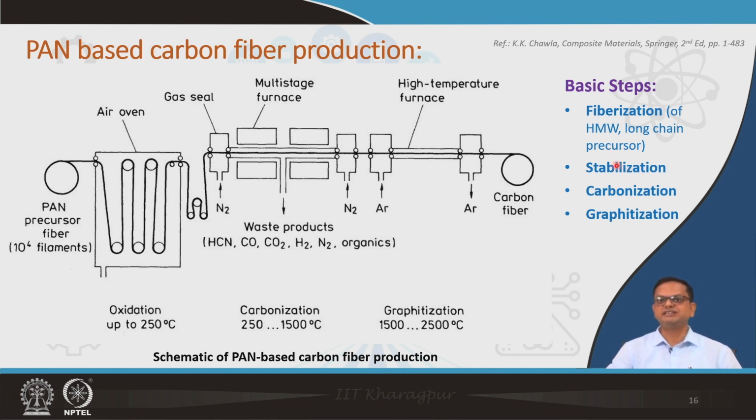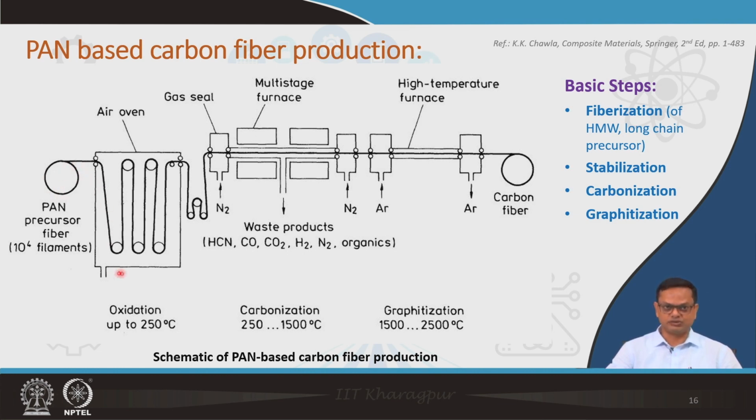The first step is stabilization, second step is carbonization, and third step is graphitization. If you look in this particular schematic, you can see here that the PAN fiber is there. Okay. So, first the PAN fiber is being made, precursor fiber is being made, and then it goes through